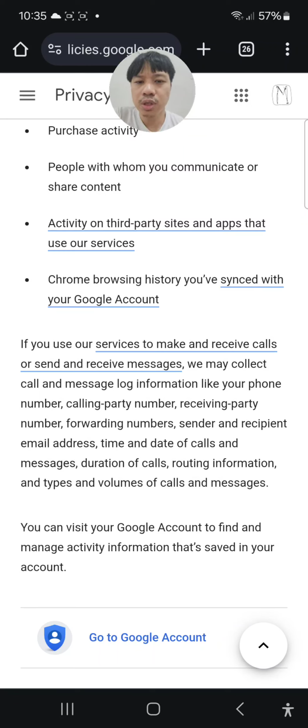If you use our services to make and receive calls and send and receive messages, we may collect call and message log information like your phone number, calling party number, receiving party number, forwarding numbers, sender and recipient email address, time and date of calls and messages, duration of calls, routing information, and types and volumes of calls and messages. You can visit your Google account to find and manage activity information that is saved in your account.